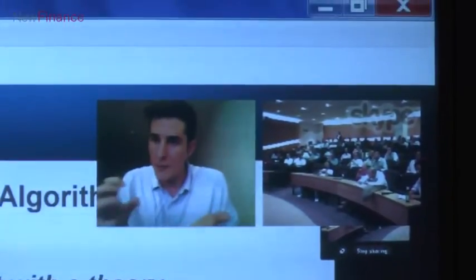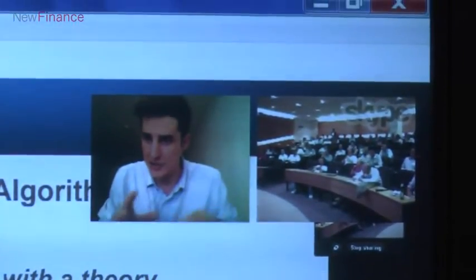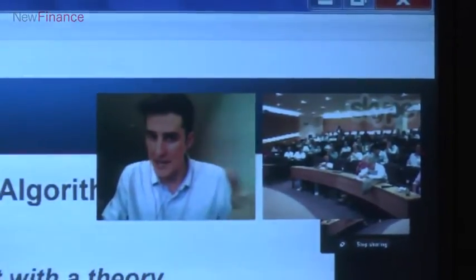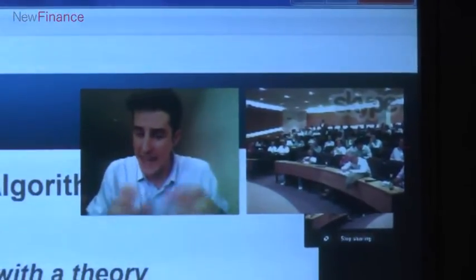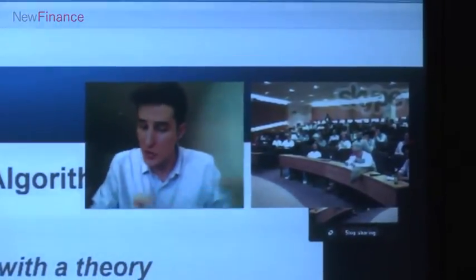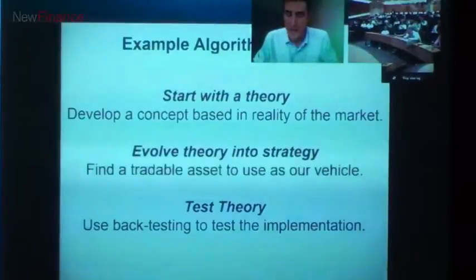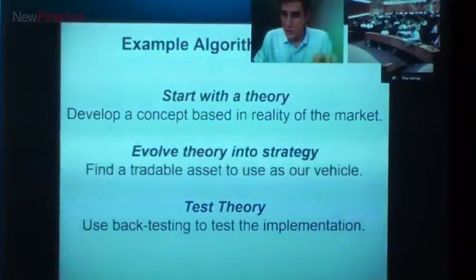So if you start with the primary signal, then you have a primary strategy based in reality. For example, you have to develop this concept of reality that is seen in the markets. And then once you have that theory, you have to find an asset, something in the markets that you can trade to invest with that theory. And then finally, of course, you have to backtest it. You have to code up your strategy and test over history until it works, and find the way to make it work.